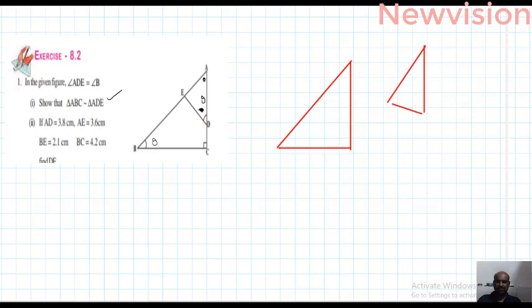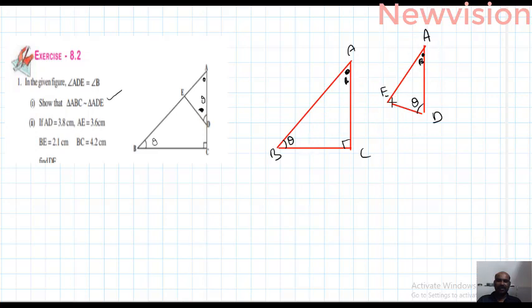So I will show you which one is which. This is A, this is D, this is E, this is A, this is C, this is B. I think D should be found. Okay, so what is given: at C it is 90 degrees. Angle A is common. Angle ADE is equal to angle B, already given. So observe students, this says beta, so this is also beta only.